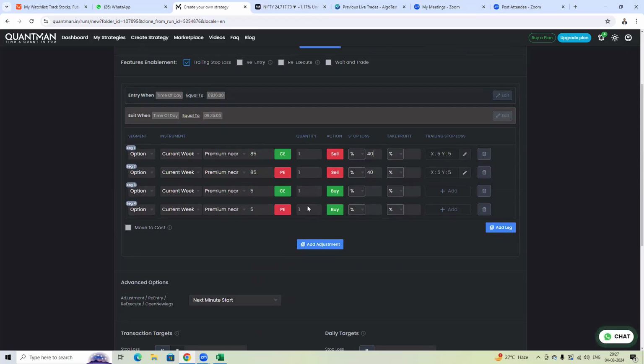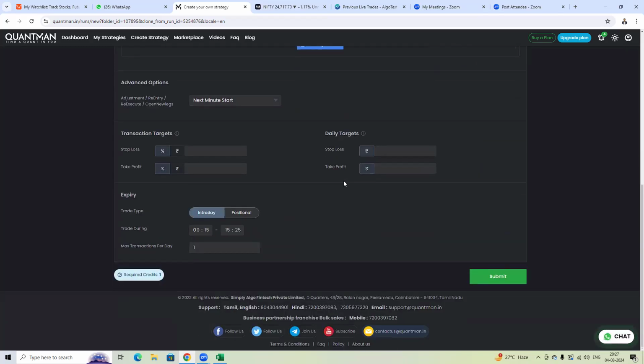Okay, either this will exit. If this stop loss is hit, you will already be gaining here, and if this stop loss is hit, you will be gaining here. In 35 minutes your trade will be closed, and whatever returns you get, you will be